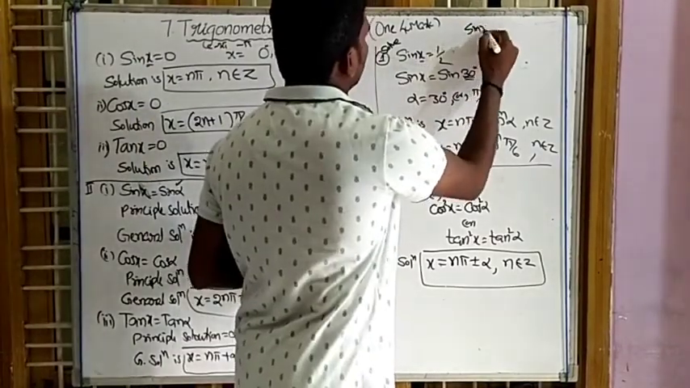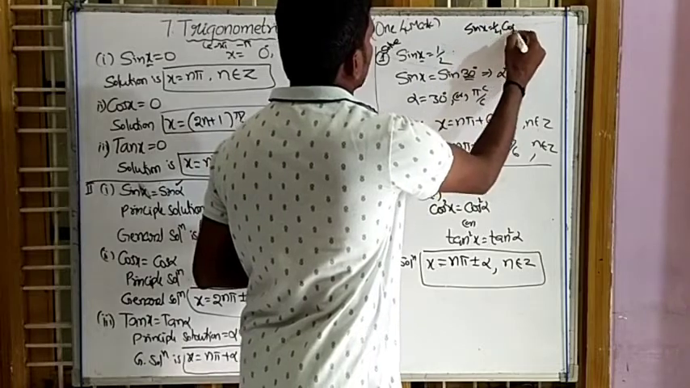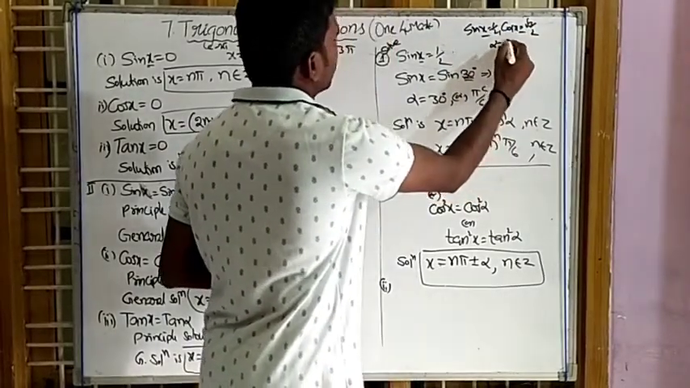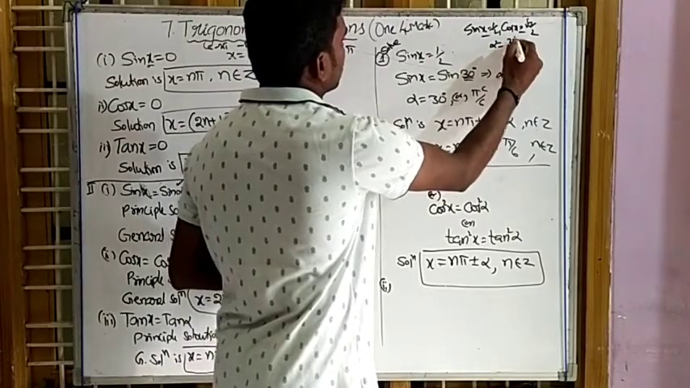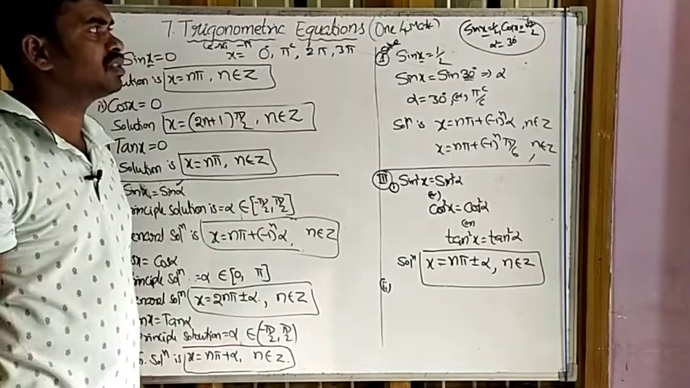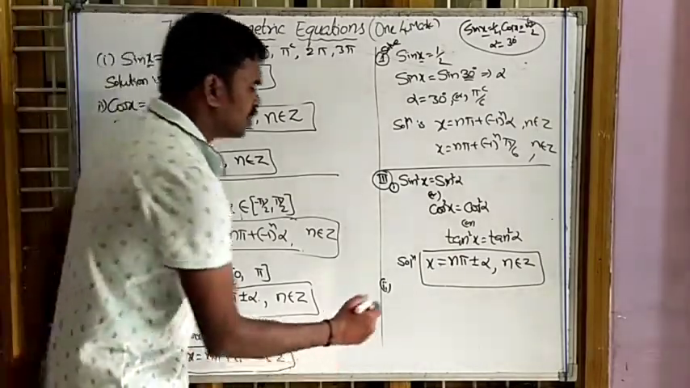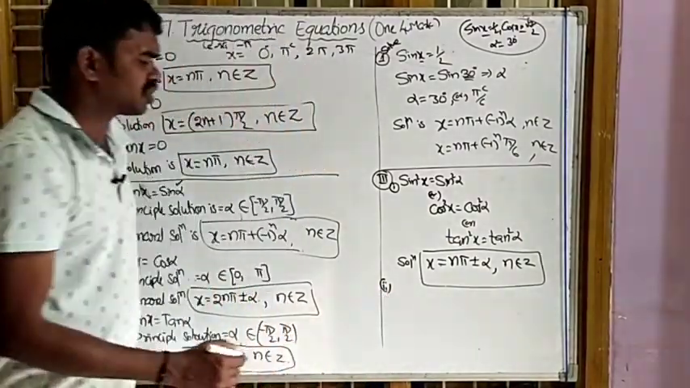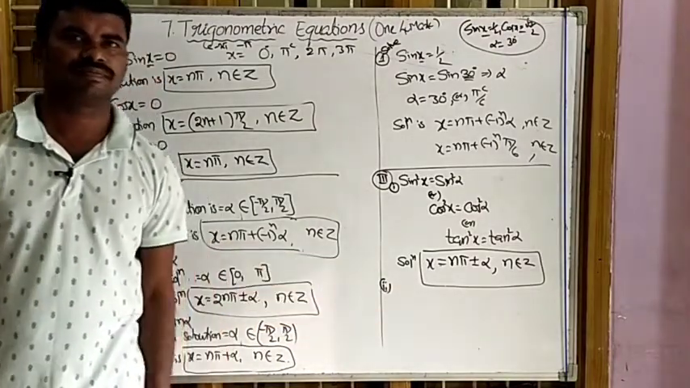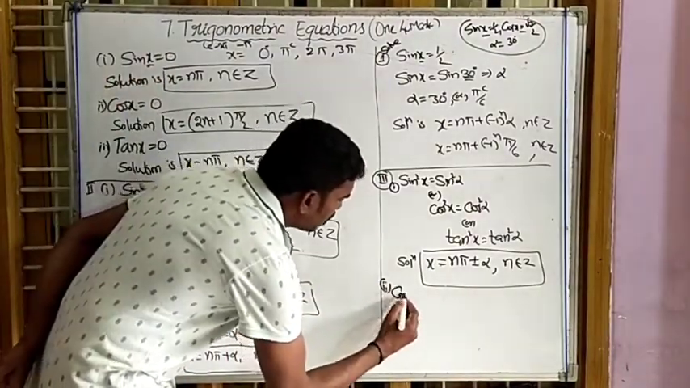Sin x is equal to 1 by 2, cos x is equal to root 3 by 2. In both the equations, principal solution alpha is 30 degrees. Am I right? So, this type of equations, what is the common solution or general solution? Okay. Next, third one, right? Second one, last formula. Next, we can enter into the problems. Okay. Common